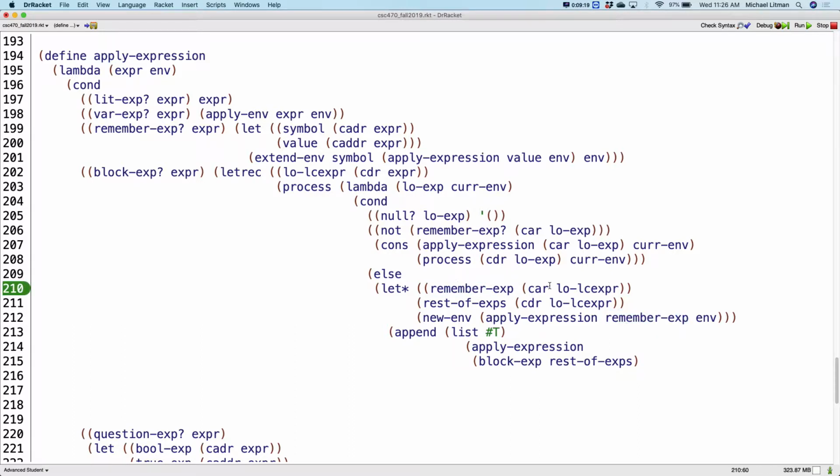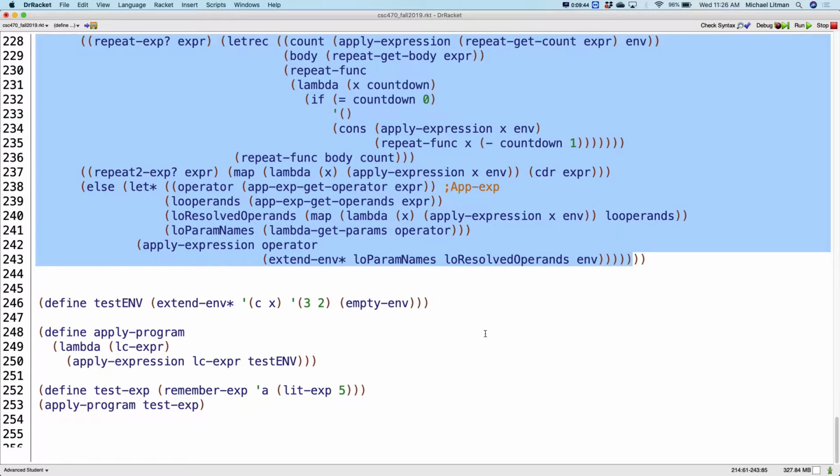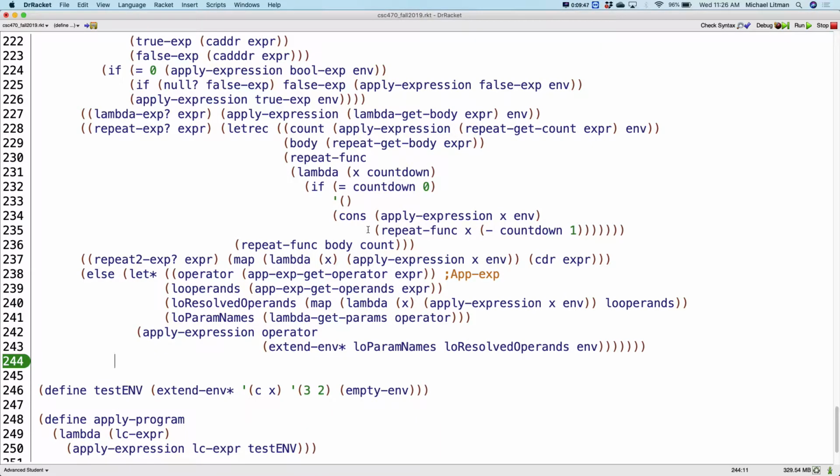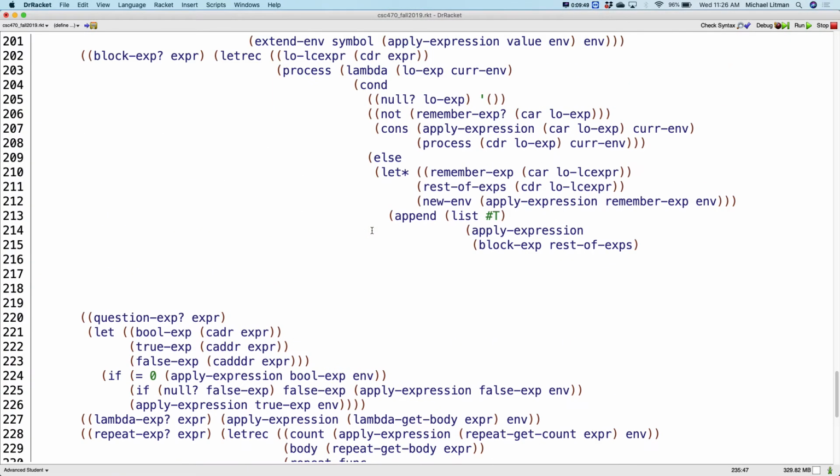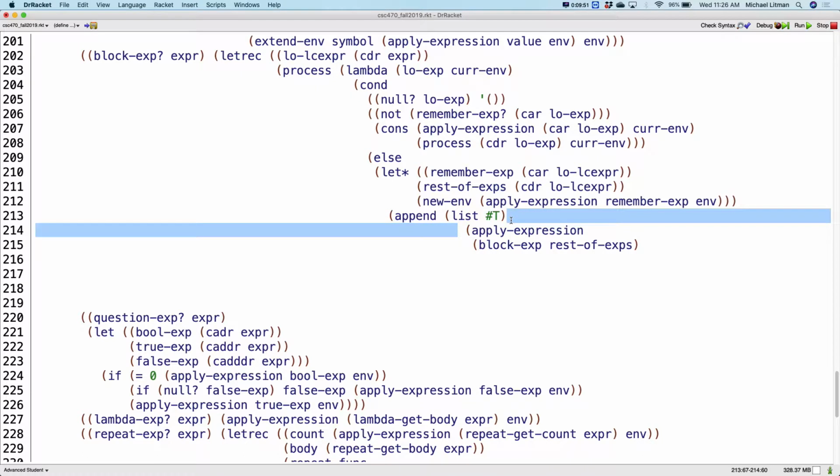Okay, so now I'm going to have my remember expression. I'm going to have my rest of expressions. I'm going to go ahead and get my new environment by calling apply expression on that remember expression that I extracted right here in the current environment. We know that this guy will boil down to an extended environment. So now what I can do is append the list that is true onto what's returned by apply expression, onto apply expression,